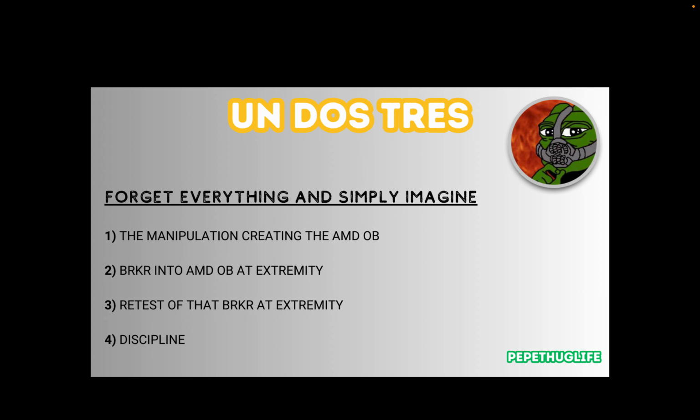It's not about oranges and bananas. It's always extremity. People ask me what's an extremity. If you don't know what's an extremity, I cannot help you. Okay? When there's a sweep, there's an extremity. Each sweep creates an extremity. Then you look to get involved at extremities, order blocks or SND, or whatever you want to call them, supply and demand. At extremities. If it's not an extremity, do not send me a DM.